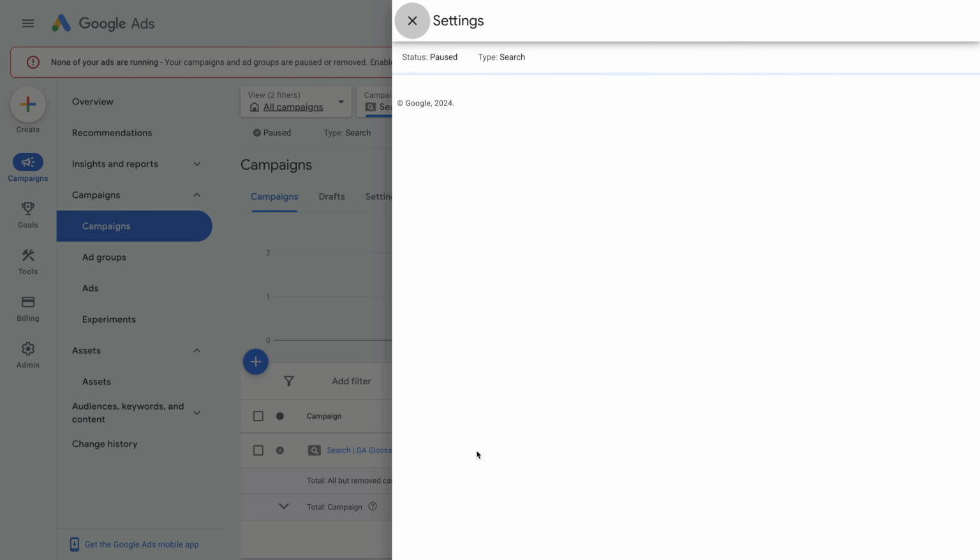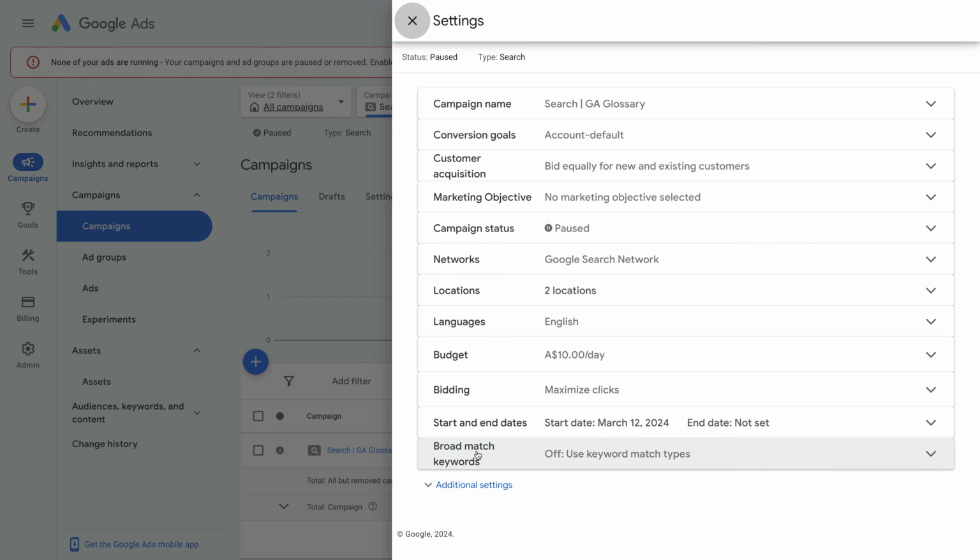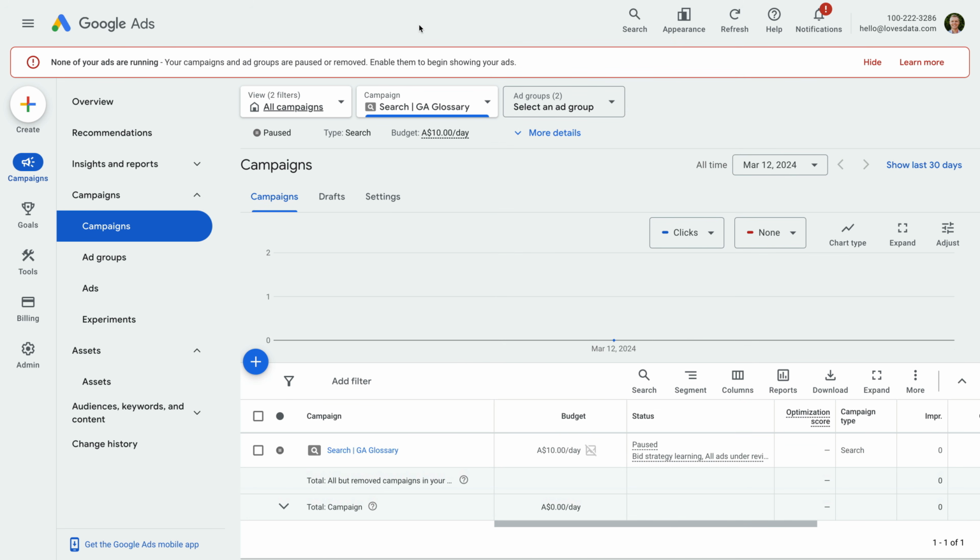We're now looking at the campaign settings. This is where you can edit your budget, bidding strategy, and more. Okay, let's close this. The other option I wanted to touch on before we launch our campaign are device bid